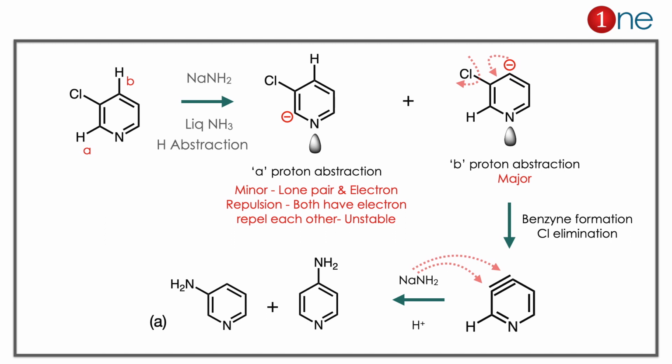So the removal of the other hydrogen is the major, the anion forms, then the chlorine is removed, and you have benzyne formation. Next step, you are attacking with amine. Where the amine attacks, amine can attack anywhere. You have a mixture of products, which is nearly 3 and 4 position. So the answer is clearly A. Here the concept you have to learn is stability of anion. If the anion is formed near the non-bonding electrons, it will be unstable due to repulsion. Second thing is the benzyne intermediate can be attacked by amine at either position.